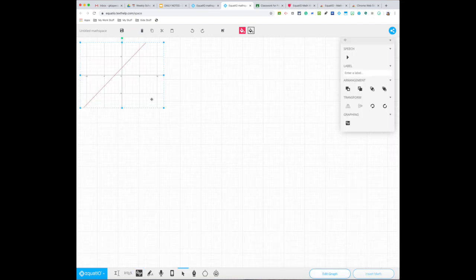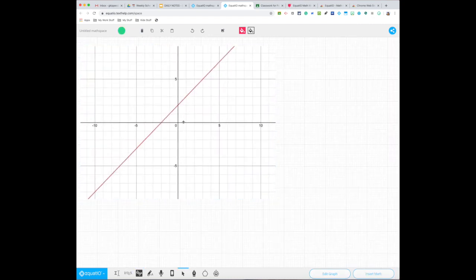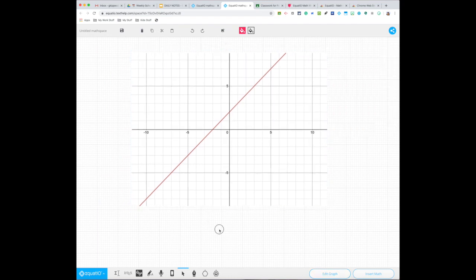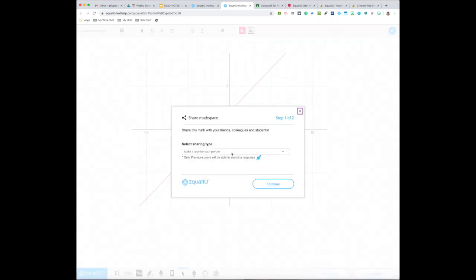If I want them to all have this graph already on their paper, what I'm going to do is input whatever it is I want them to work with. I'm going to say share. I want to make a copy for each person and expect a response because I want them to do the work. I press continue. It creates a unique link